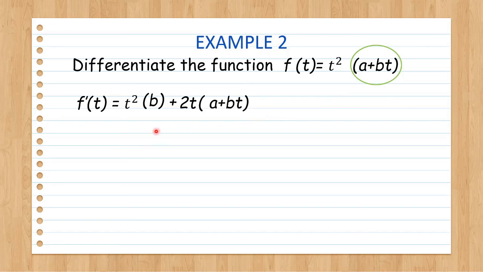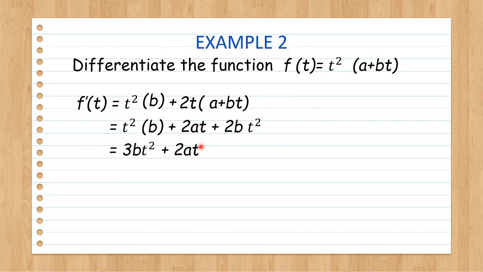And now again we can simplify this by multiplying in our bracket. 2t times a is 2at, and 2t times bt is 2bt squared. And now again we can add our like terms, which are our bt squared and our 2bt squared, and that gives us 3bt squared, and then we just put our 2at. And that is the final answer for